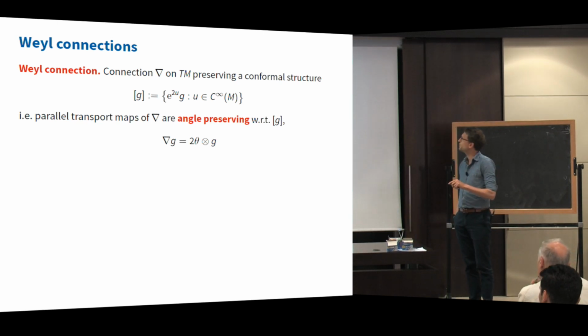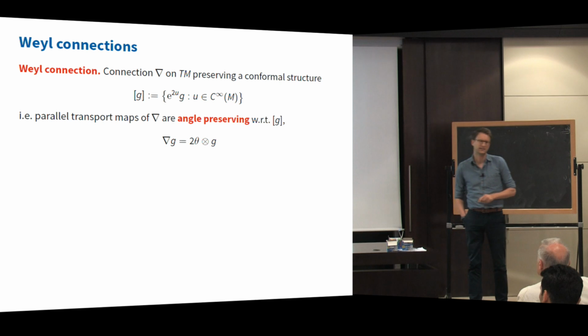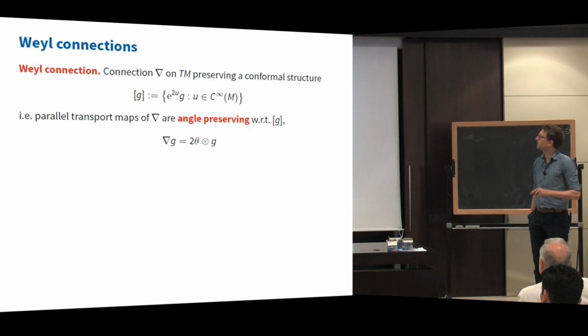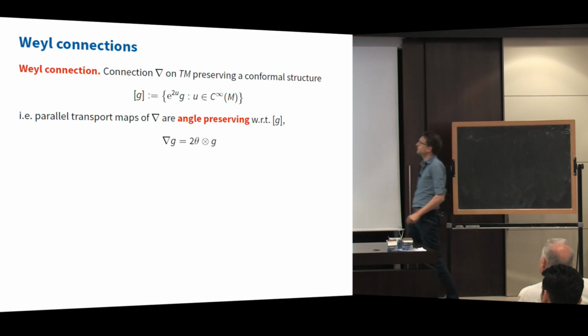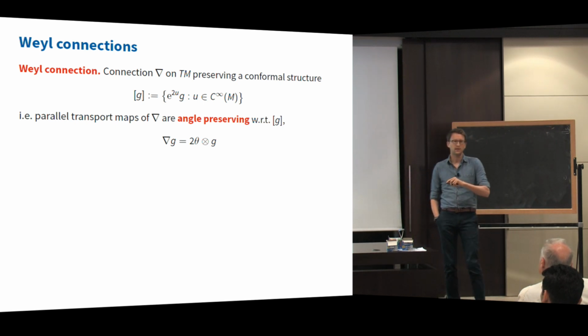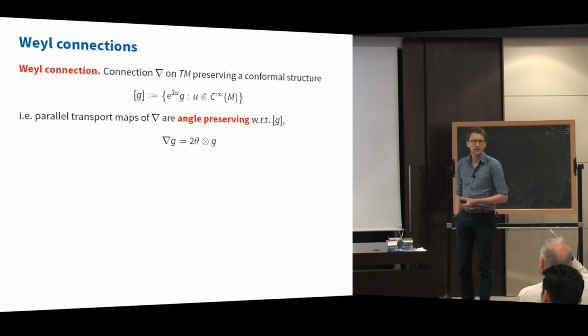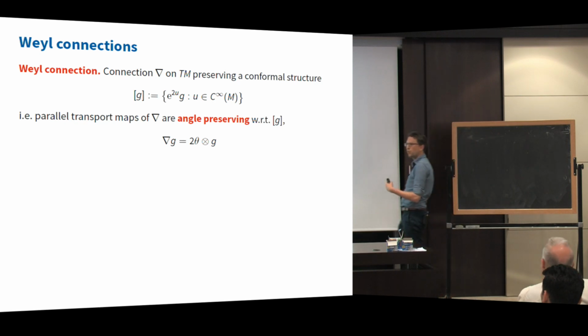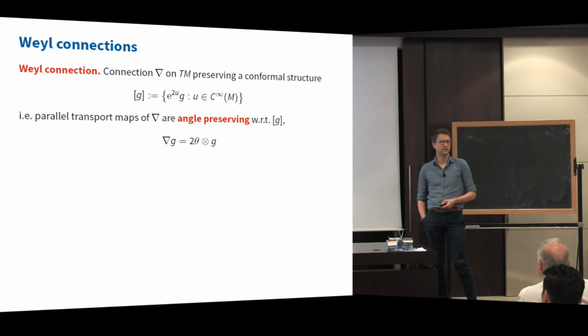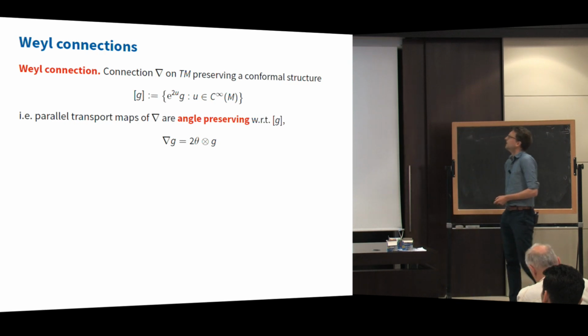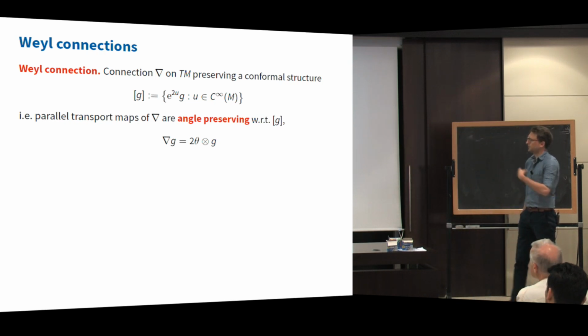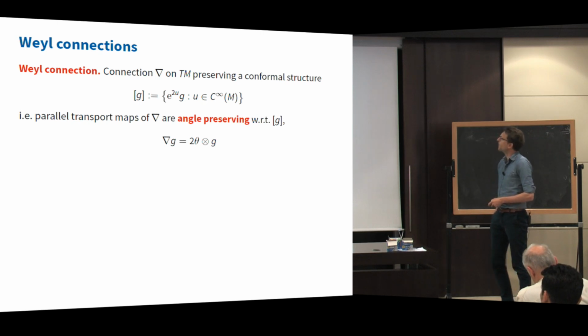And so on a computational level, if g is a representative metric, a Weyl connection has the property that the covariant derivative of the metric isn't necessarily 0, but a multiple of the metric, and the multiple is the one-form theta. This already connects to Robert's talk. So the theta here is precisely Robert's beta. So these beta geodesics we had before are simply reparameterizations of the geodesics of a Weyl connection. In particular, physicists interpret them in terms of magnetic geodesics and so on.